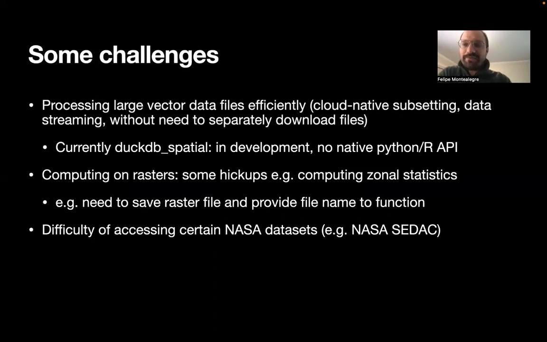And then we had encountered some hiccups with accessing certain NASA datasets. For example, NASA CERAC doesn't communicate with the tokens of the Python API that NASA provides, Earth access. This is something that is being worked on. They have a very active channel, the NASA tops, and they were very happy to start helping us out. But of course, this is something to continue working on in the future.